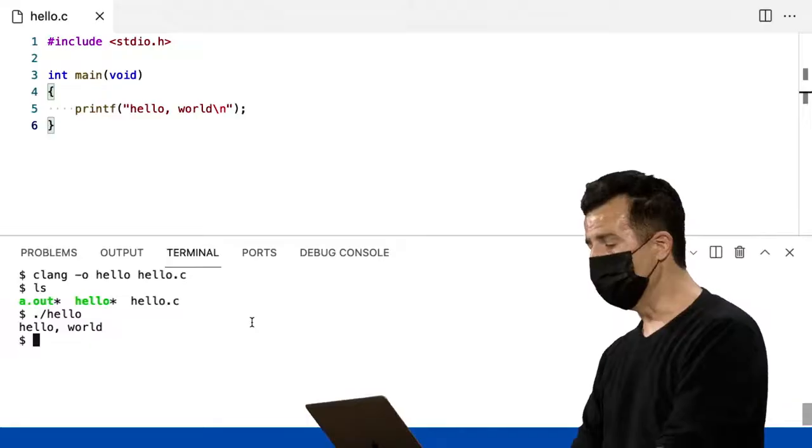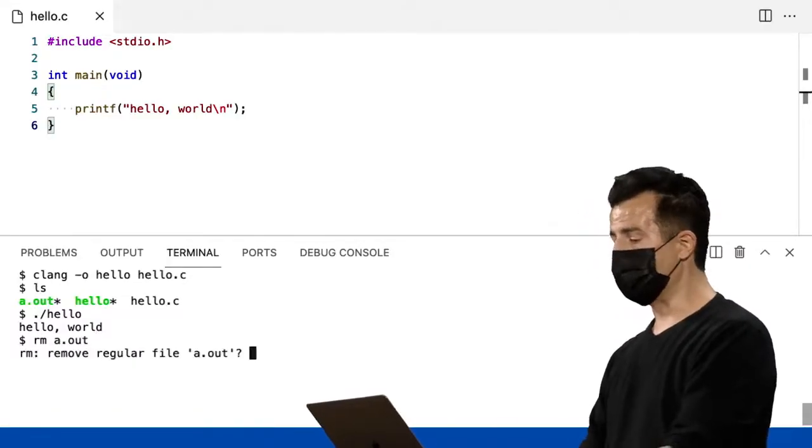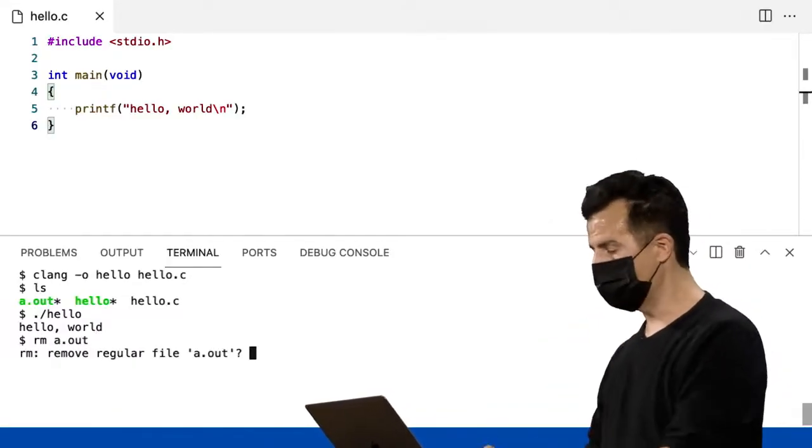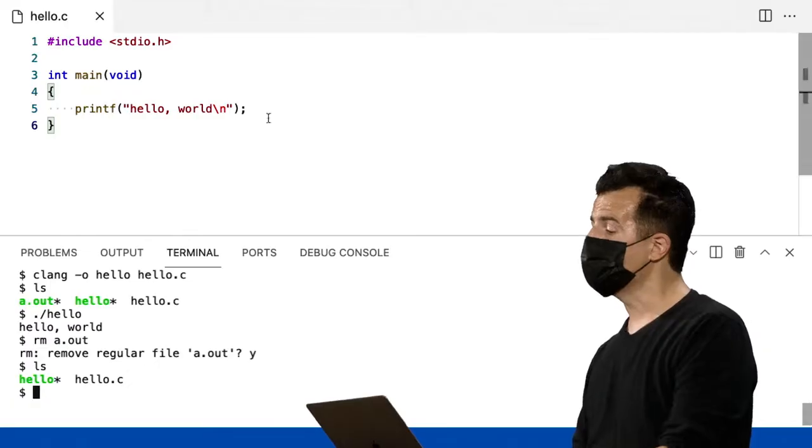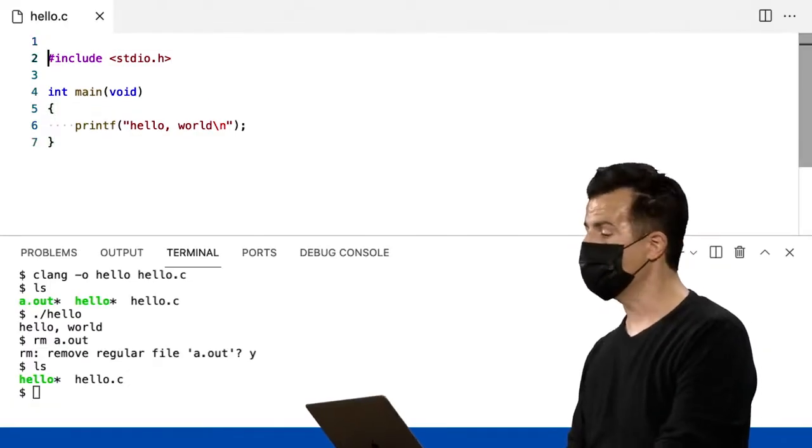So rm for remove, rm a.out, enter. Remove regular file a.out? y for yes, enter. And now if I do ls again, voila, it's gone. All right, so let's now enhance this program to do the second version we ever did, which was to also